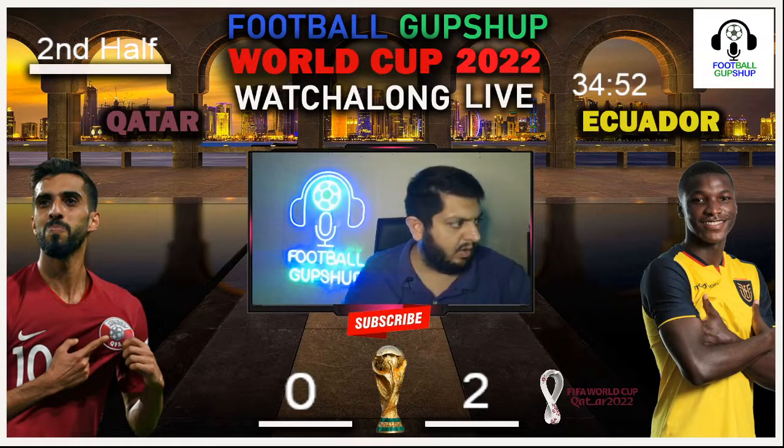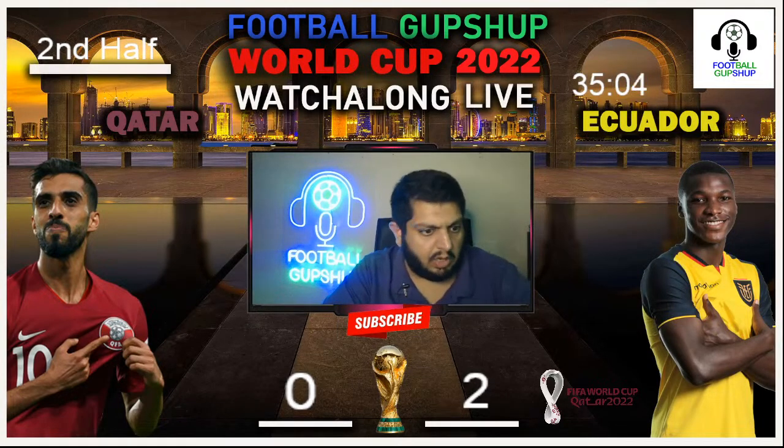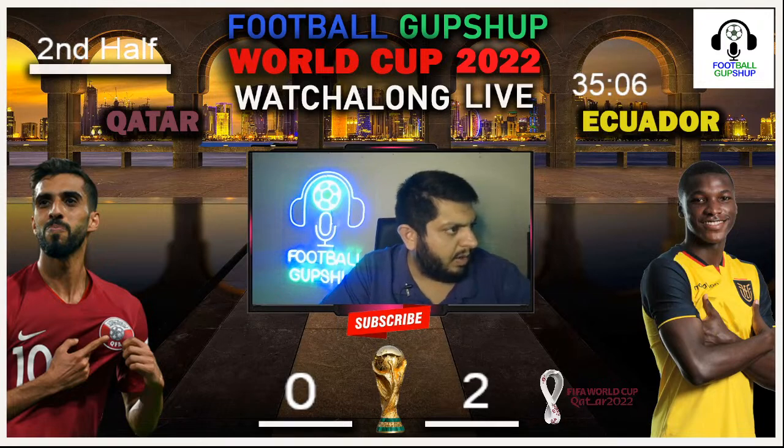And right now, they have got this chance. Qatar are trying their best to stop them. Will they be able to do so? That is another thing which we're going to wait and see. Right now, ball being played in once more. And the ball comes in towards the Qatar goalkeeper, who comes crashing into the Ecuador player. He's hurt right now and he is trying to get up. Let's see what Qatar can do at this moment. So 81 minutes in, Qatar nil, Ecuador 2.